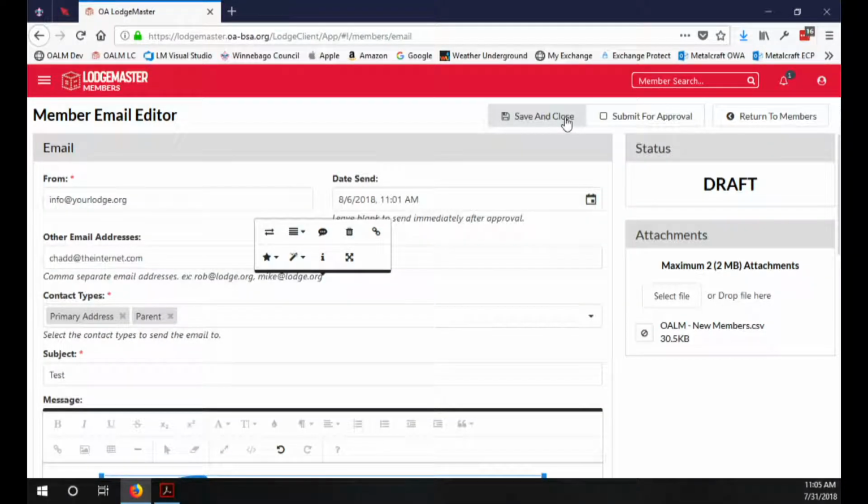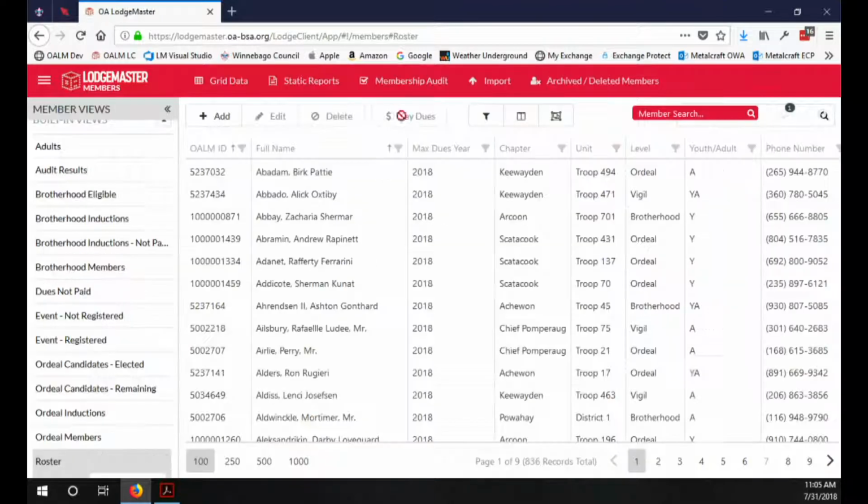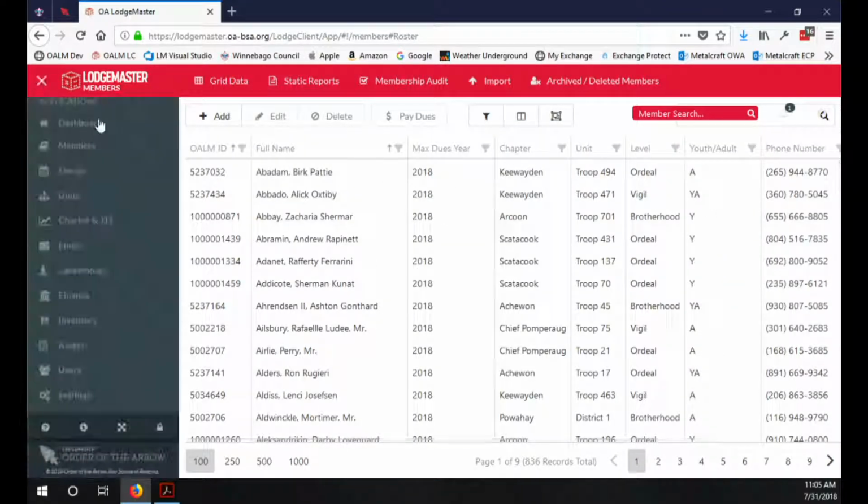You can hit save and close, and this will go into the draft queue, or you can hit submit for approval. I'll do the draft. Submit for approval puts it in a queue, and your email managers get an invite saying there's an email pending, and they can go ahead and approve it. We'll save and close. This now goes into